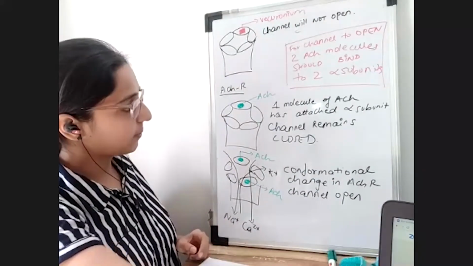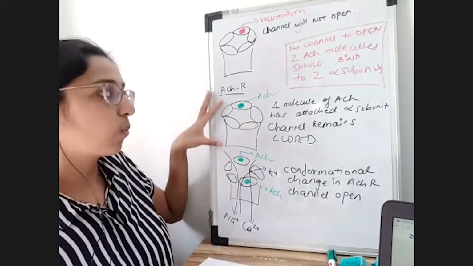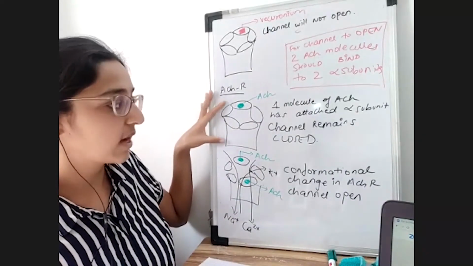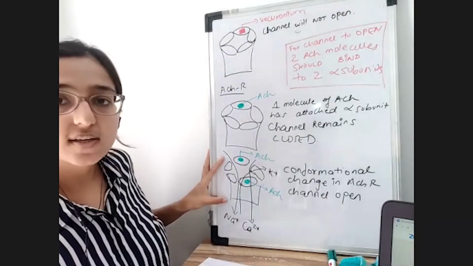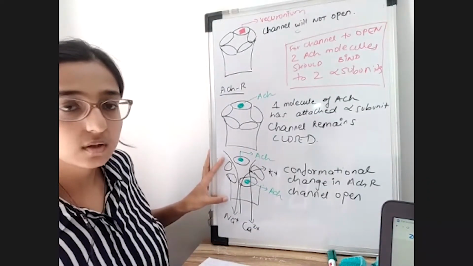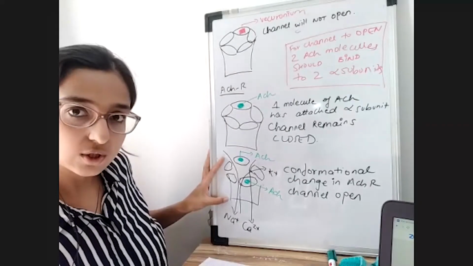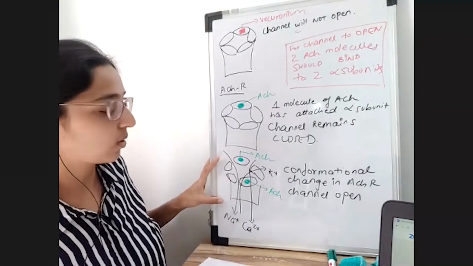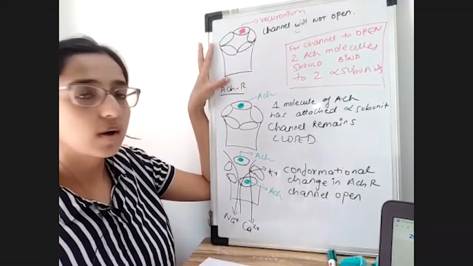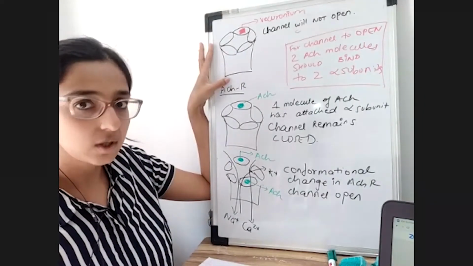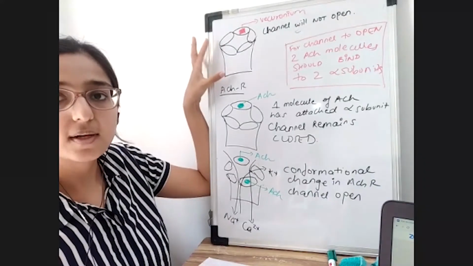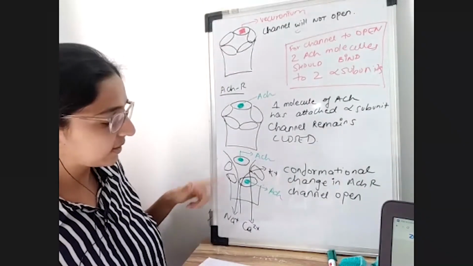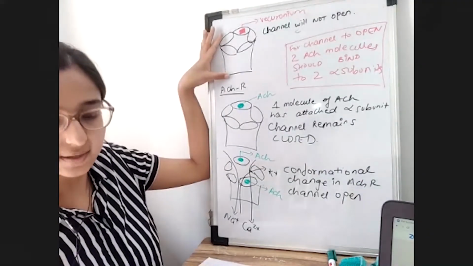We also need to remember some points. If one molecule of acetylcholine binds, the receptor is going to be inactive, and the channel is going to be closed. Two molecules of acetylcholine are required for the receptor to undergo a conformational change and for opening of the channel, allowing the influx and efflux of ions. If a relaxant has bound to the receptor, the channel will not open and there will be no conductance of any currents across this channel, which means there will be no flow of any ions across the channel.